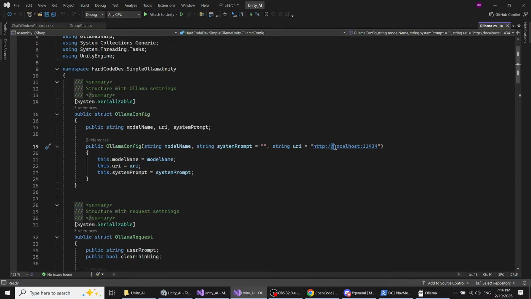So by default, it's localhost. I guess you technically could package up Ollama with your game and install it all and run it all locally. But that will end up making your game stupid huge. But I don't know, Call of Duty is like 500 gigabytes, so